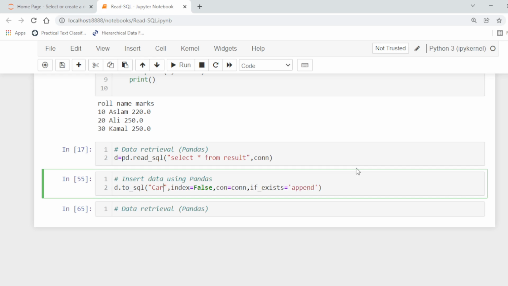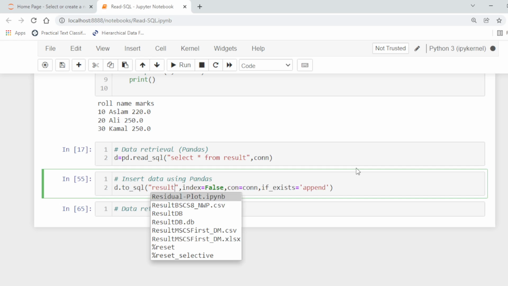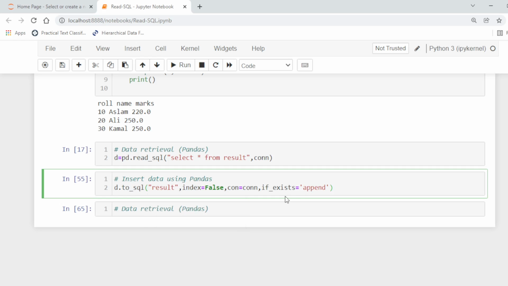For example, our table name is result, index false, connection is communication. If exists, append. You can also set this if exists to replace, it will replace the existing table. So here we are going to append the data.